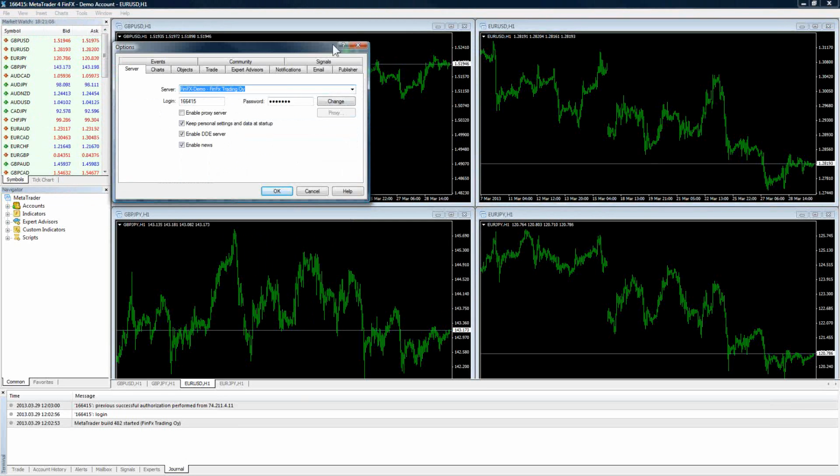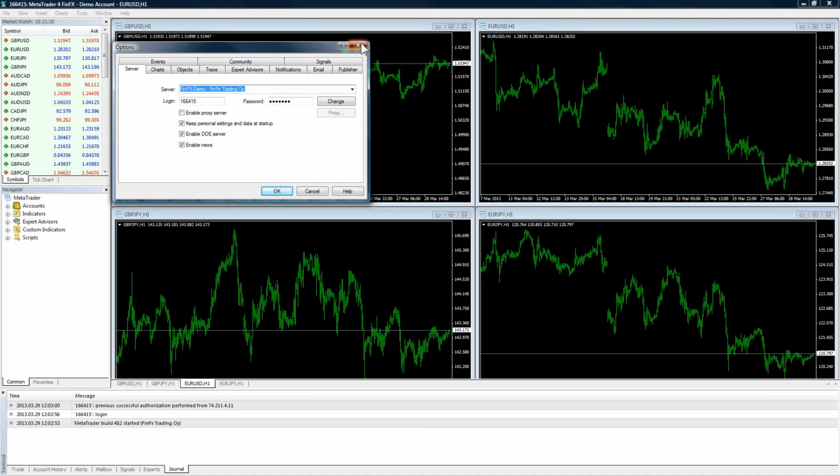If you're looking to change your password to something you're going to remember, because as you probably remember, when we set up and installed the platform last time, MetaTrader, whatever your brokerage is, automatically generates a password for you. And of course, if you did not put in your actual email, you're not going to receive an email with that information. If it was phony information, you're not going to get an email, obviously. They're not going to be able to find you.